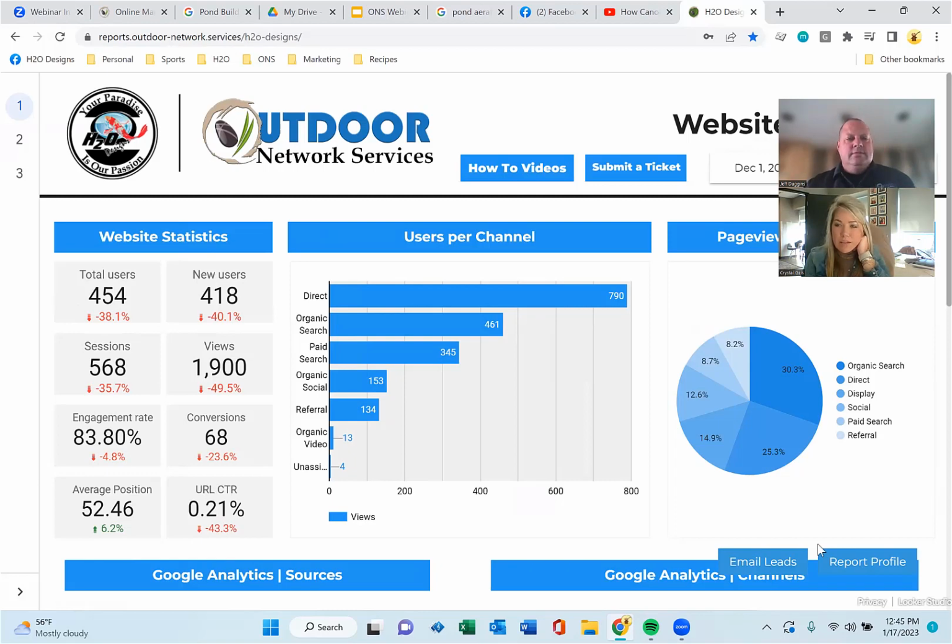Well, we're looking at December, so we're looking at your lowest month of searches in general, and this takes into consideration November, so the end of your season. So you're going to have a drop in your website users, but 38% is not something to be concerned about because you're still getting that traffic. And this takes into consideration your organic traffic as well on this page, because we're looking at your website analytics here.